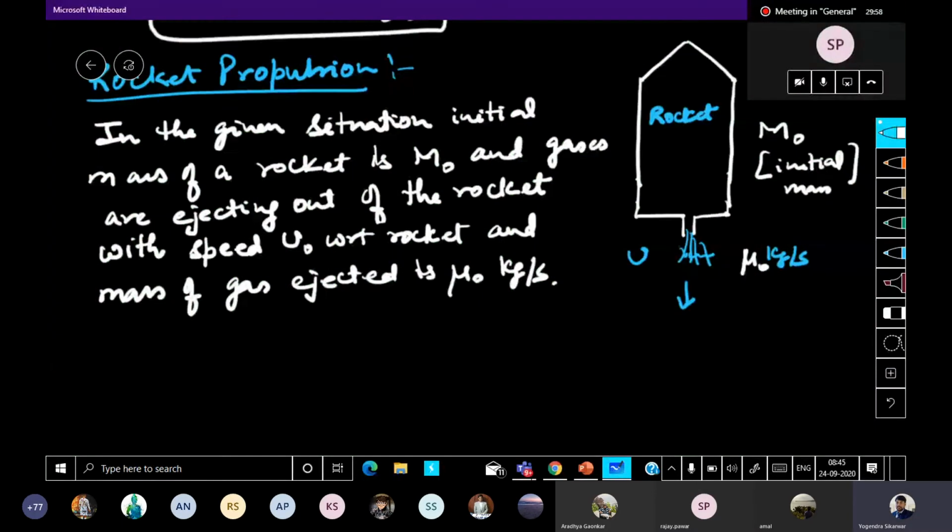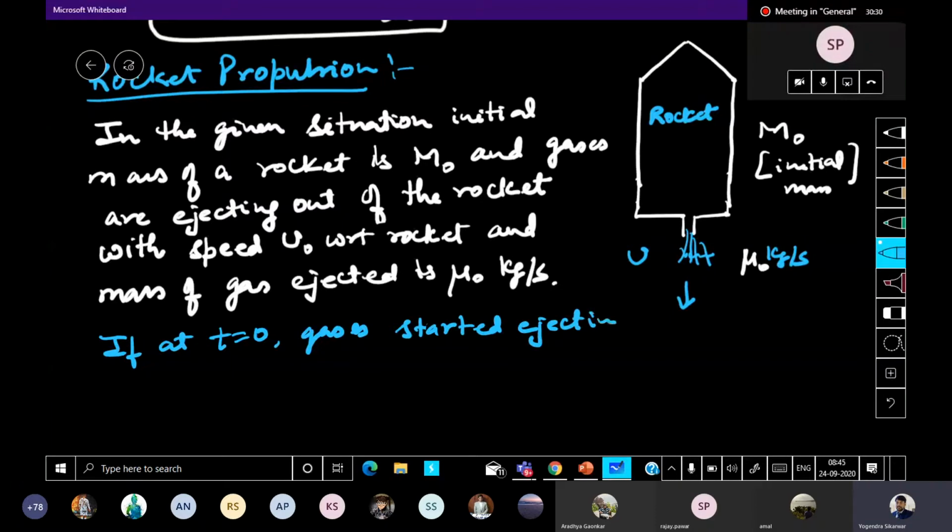So if at t equal to 0, gases started ejecting, then